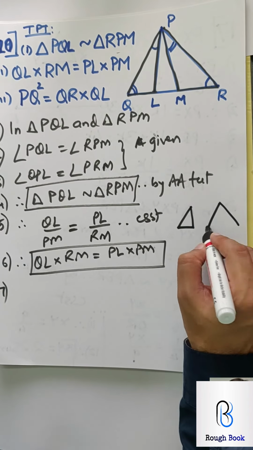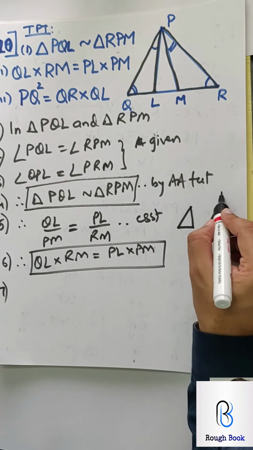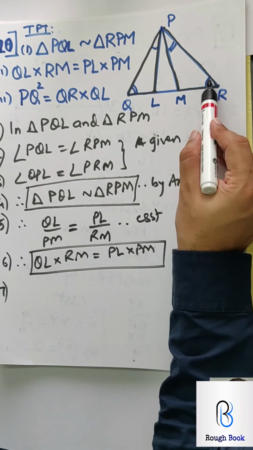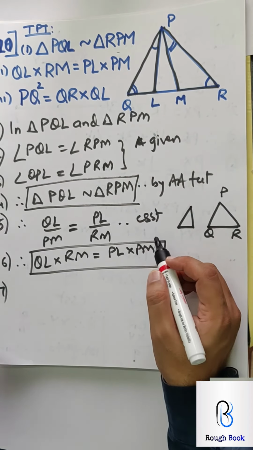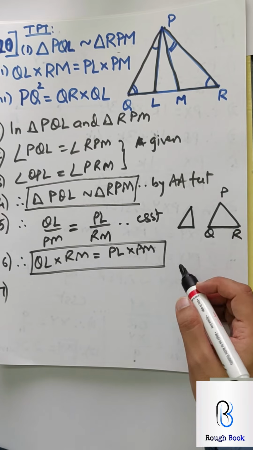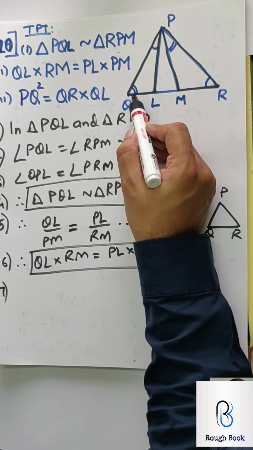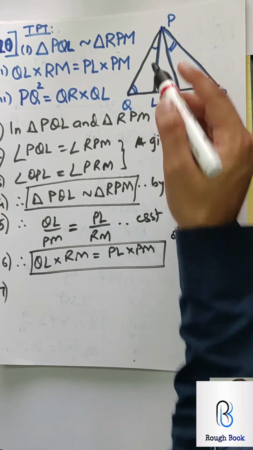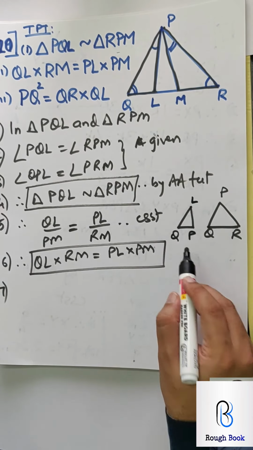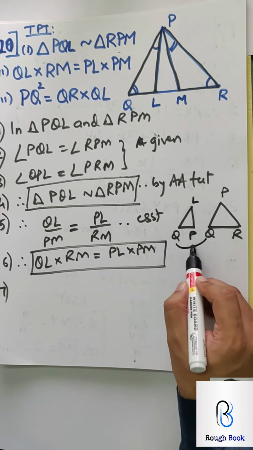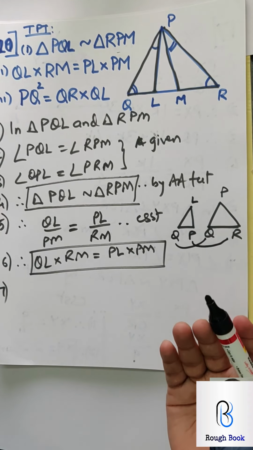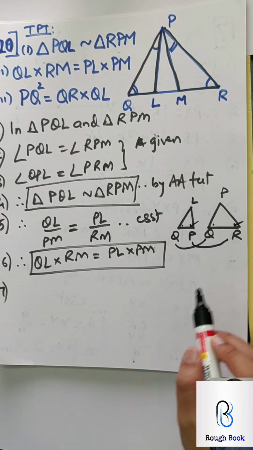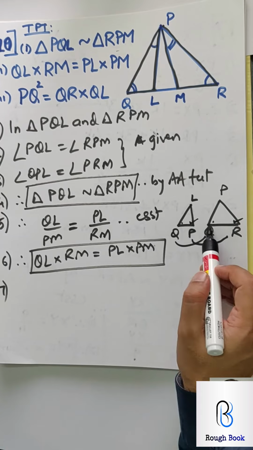Okay, one and the second one. So PQR, I'm naming this bigger one, PQR. Now P, then Q is 2 dashes and R is 1 dash. For this small triangle, you have to be very smart to have your one-to-one correspondence perfect. Now PQL and PQR have a common angle Q, so wherever Q is there, name Q. Then R is 1 dash and P is 1, so put P over here, and the third one L goes up. This is one-to-one correspondence. See, understand, common angle, both are equal, they give, and then the remaining one. How will you prove them similar? Obviously Q common angle and P equals R, they gave it. So you will get this second part similar.